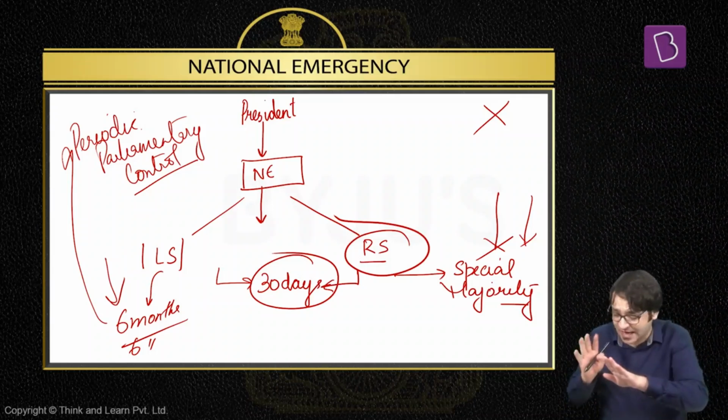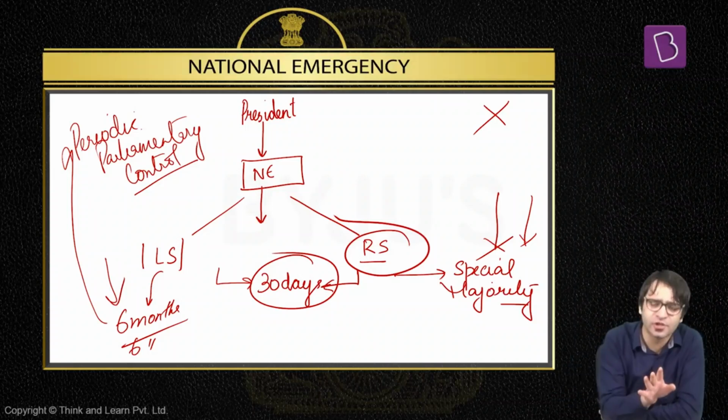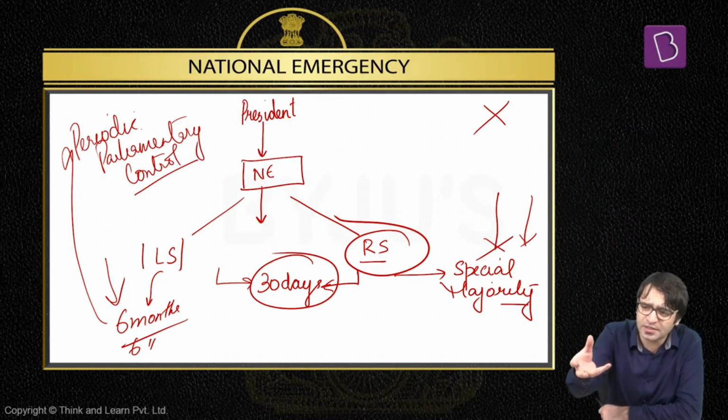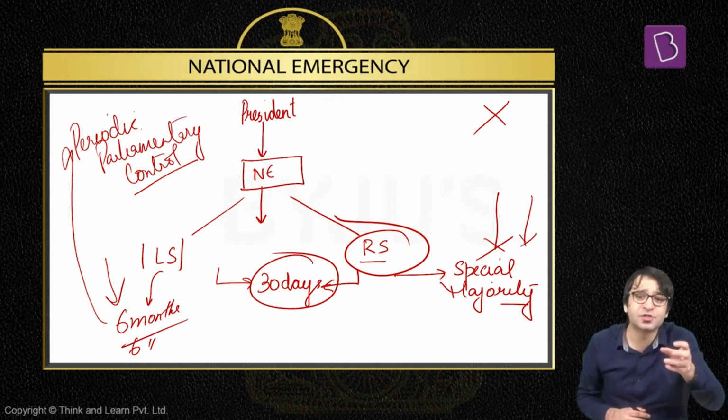National emergency can continue in a state. National emergency can continue in any part of that state, because it is not necessary to impose national emergency on the entire nation. You can impose it on the entire nation, or you can impose it in a state which is affected, or any part of that state if it is affected, but there can be no upper limit because we don't know for how long this emergency situation is facing us.